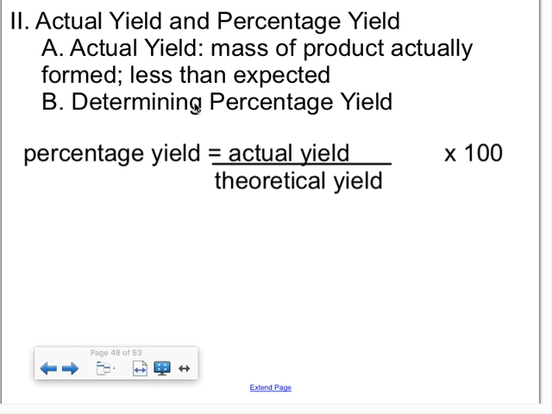Your theoretical yield is what you should get if you ran your experiment flawlessly, if there was no human error, if you didn't lose any mass in any of your steps. So it's like what you should get, but we know that experiments are not always perfect, so your actual is generally less than your theoretical. So if you take your actual yield divided by your theoretical yield and you multiply it by 100, then you'll